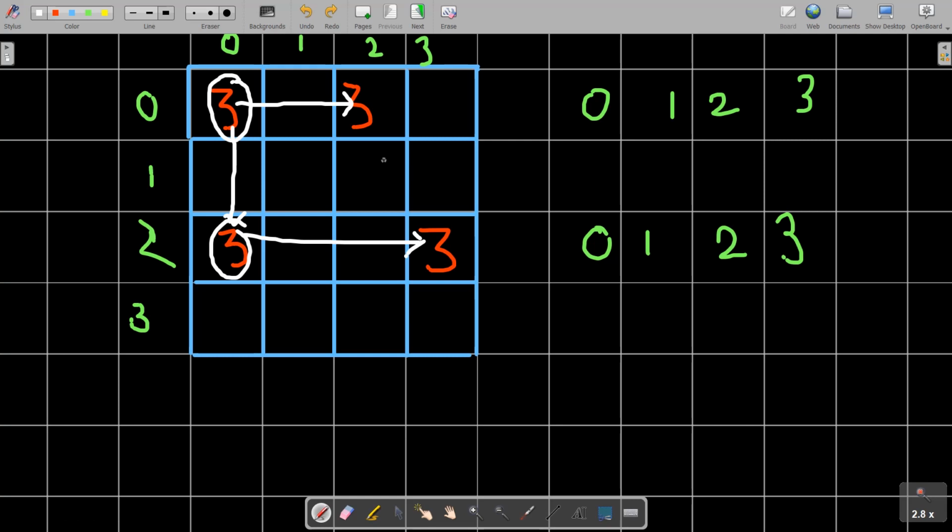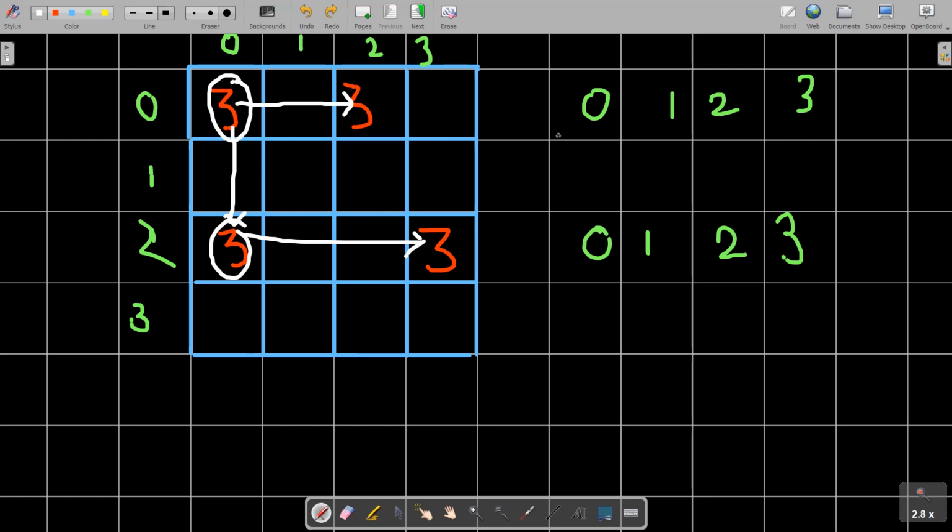So here we have the mapping of rows 0 1 2 3 and the mapping of columns 0 1 2 3. Now we will try to connect one cell to another cell on the basis of their IDs, that is, the row number and the column number. If you pick a particular cell, let's say 0 comma 0, I am mapping that cell to another cell.